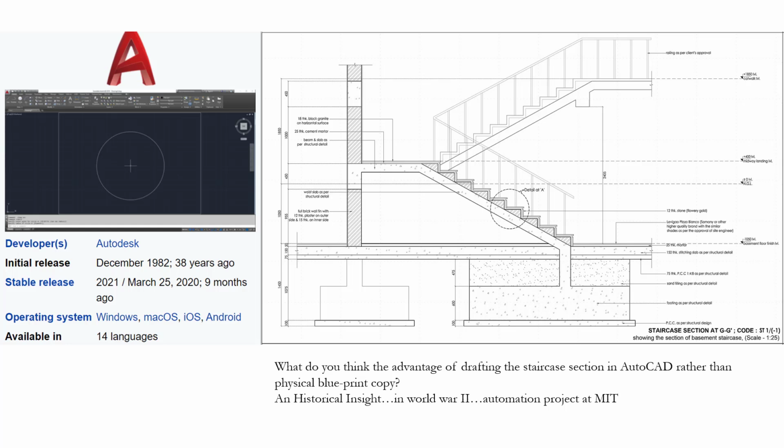Now we'll go ahead and focus on the drafting process. Before going to the drafting process, we'll go and install AutoCAD. Let us introduce you to a brief history of AutoCAD software. So the AutoCAD initial release came out in December 1982. So it's almost